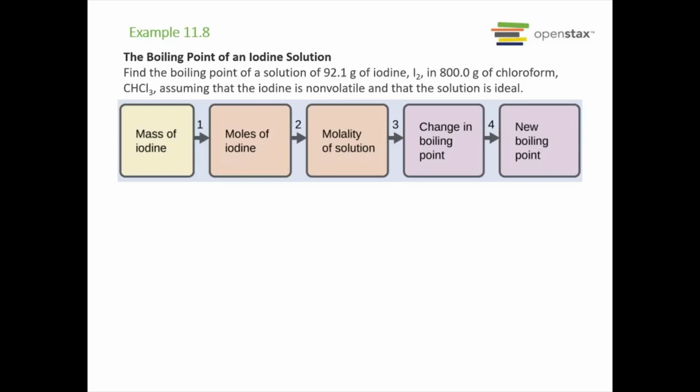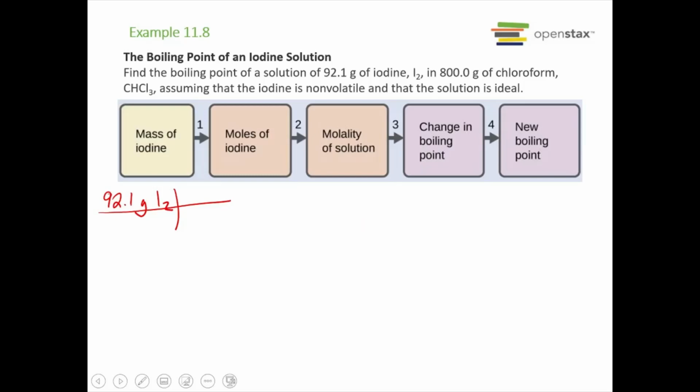So we have 92.1 grams of iodine, of I2, and we need to go ahead and look up its molar mass to get the moles of it. So I'm going to grab my phone here, look up the molar mass of iodine, because I don't feel like calculating it myself. Make sure it's the molar mass of I2, because iodine is diatomic. So the molar mass of I2, according to PubChem, we have 1 mole of iodine